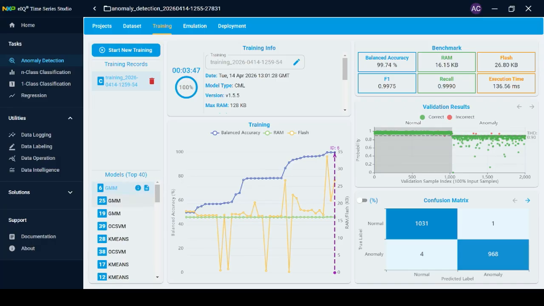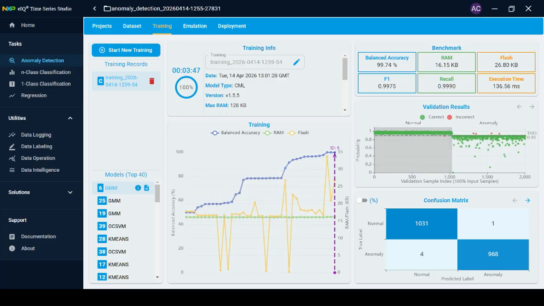If you're curious what those acronyms actually mean, the documentation tells you. But the beauty is you don't have to know anything about classical machine learning or what these models actually do, because the tool tries them out, applies them, and tests them for you. So you can just pick the one that seems to perform the best. And keep in mind, I let it finish training, but if at any time you want to stop the